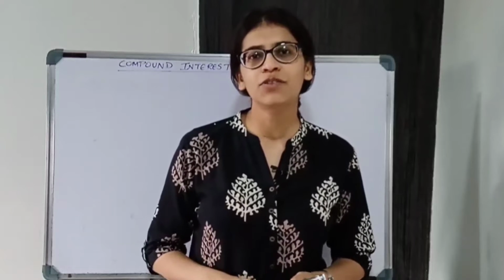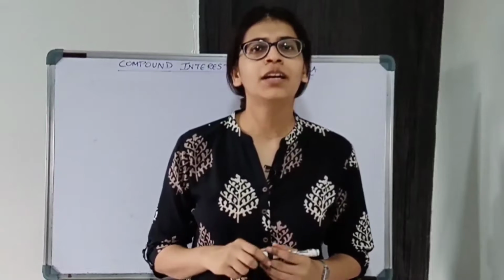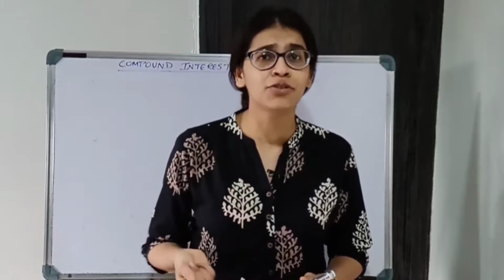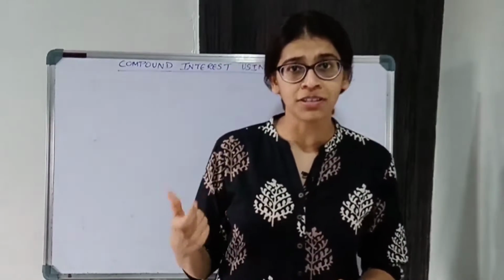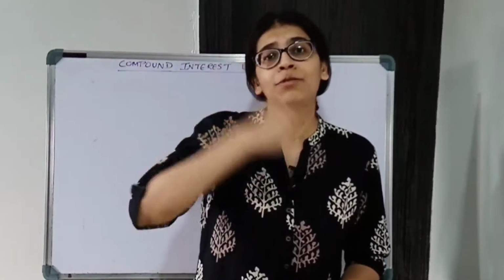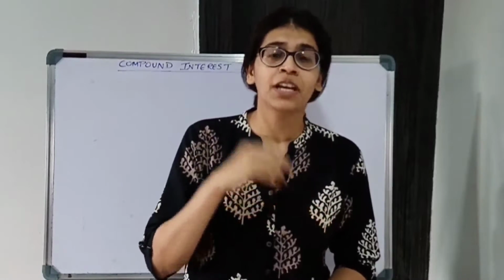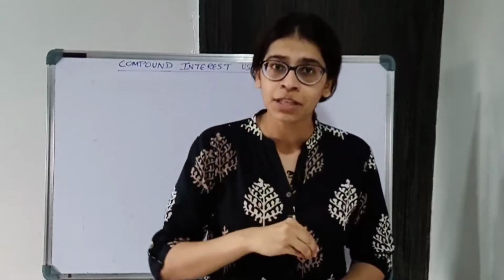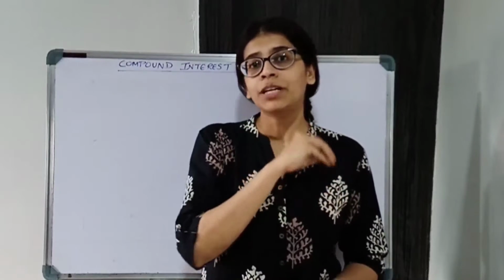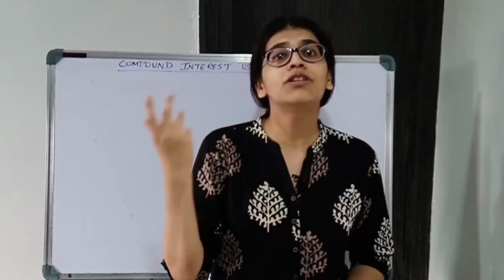In this video, I'll just give you a brief idea on how to find compound interest using formula. Now we know how to find compound interest without using formula. That is, we use simple interest का formula, find interest each year, add it to the principal amount, and that amount becomes the principal for the next year. And the same thing to find the amount for the next year. So this is a very lengthy method. Each year you have to find the interest and the amount. So it becomes very difficult. Now to simplify this, we'll use the formula.